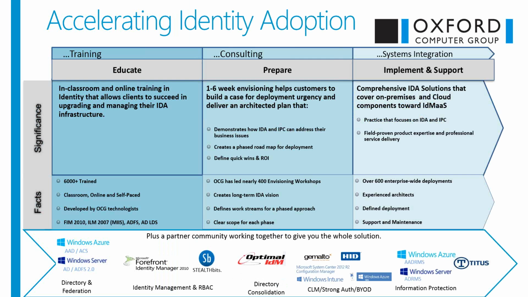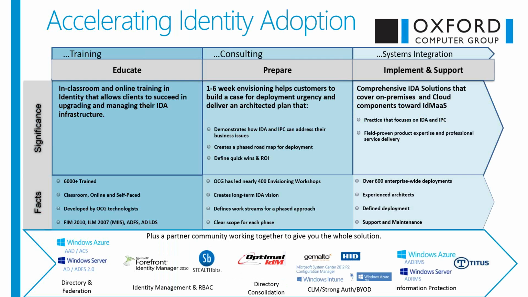Oxford Computer Group specializes in directory and federation, identity management and roles-based access control, directory consolidation. You can see across the bottom here, strong auth, device management, data protection. The products we specialize in this area are Microsoft Active Directory Federation Services, Forefront Identity Manager, including the Behold suite, System Center as it relates to identity and device management, Active Directory Rights Management Service, along with the other products that Microsoft has bundled in the Enterprise Mobility Suite that include Azure Active Directory Premium, Intune, Azure MFA, multi-factor authentication,